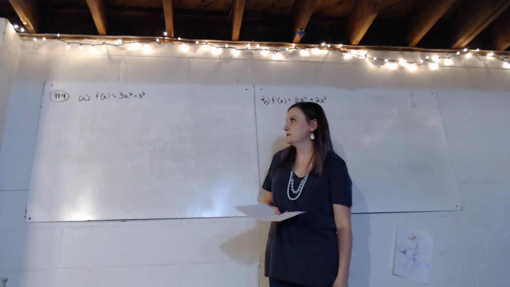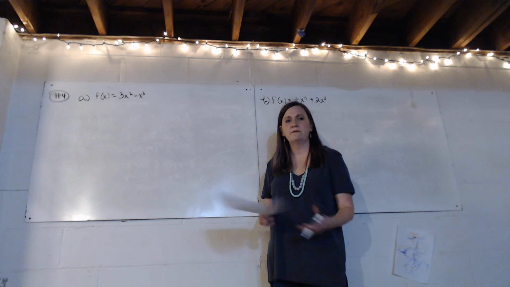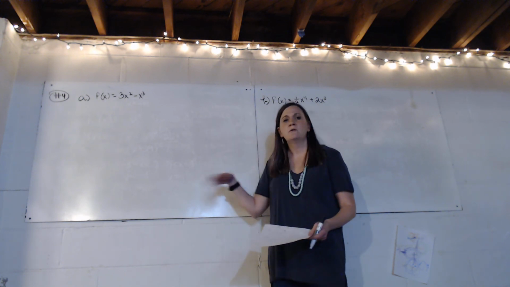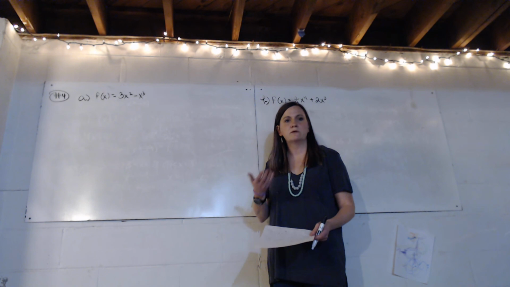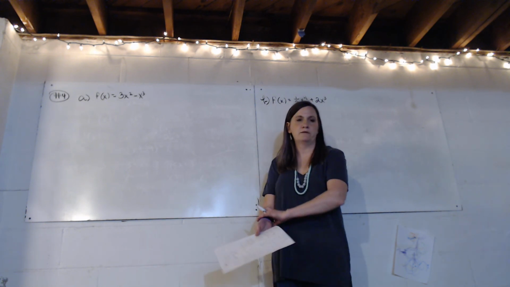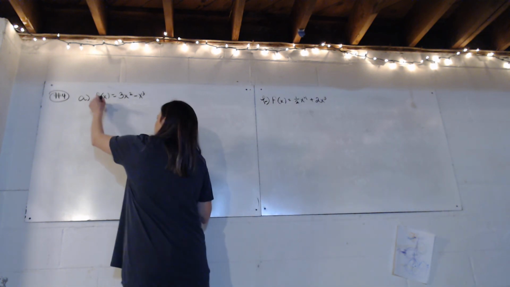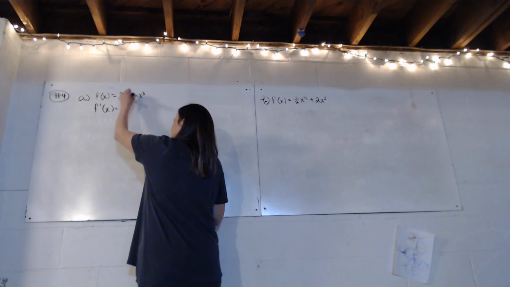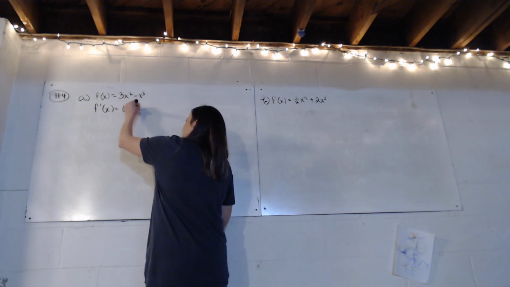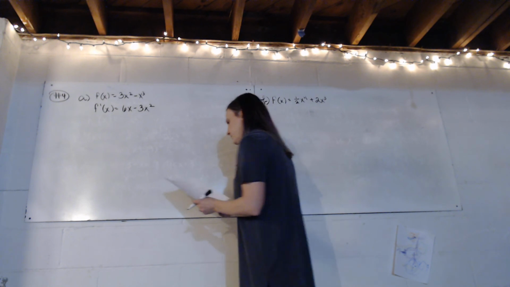So to find our intervals of concavity, first we need to find our points of inflection. We do the same process we just did, but instead of doing it with critical points, we do it with points of inflection. Points of inflection are places where the second derivative is 0 or undefined. So we have to find our second derivative. The first derivative of this function is, let's see, 6x minus 3x squared. And then the second derivative